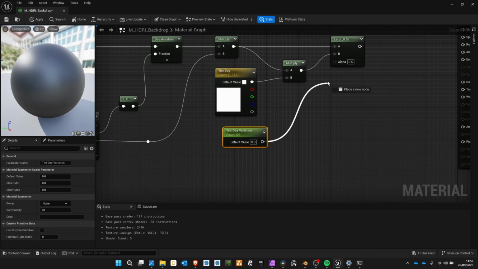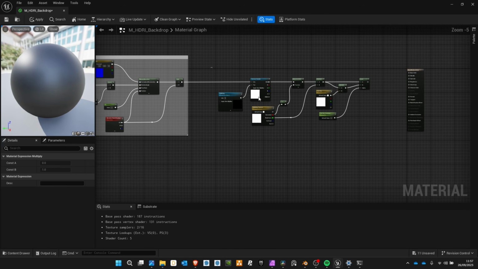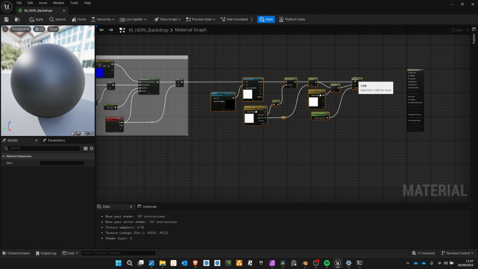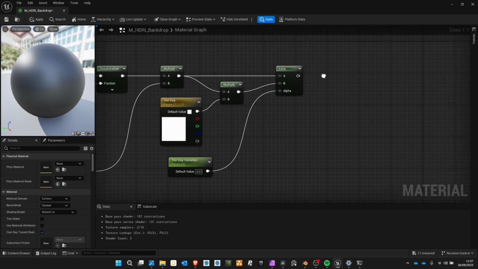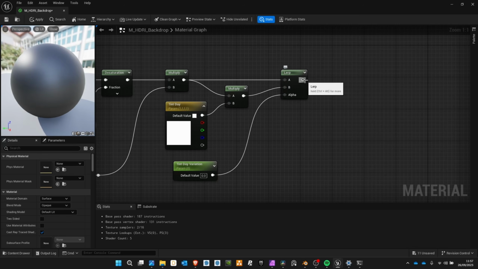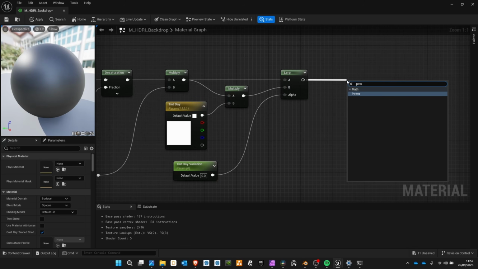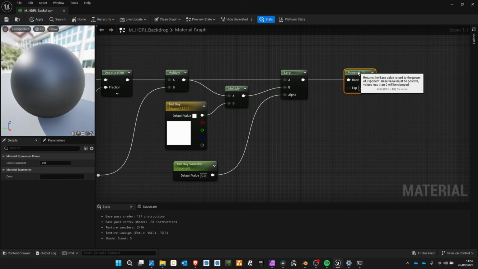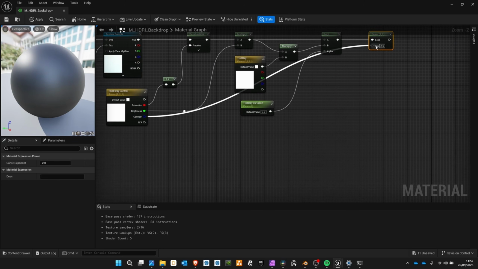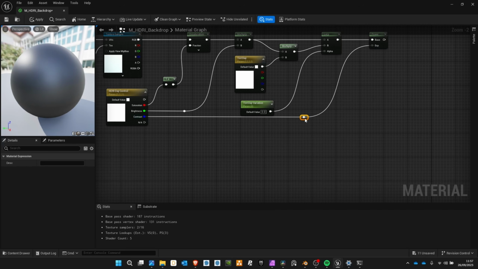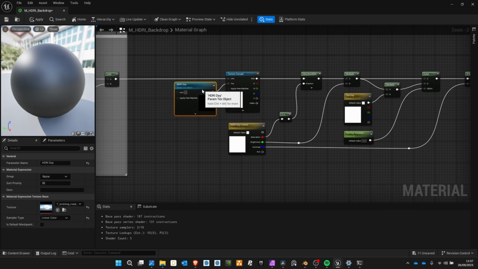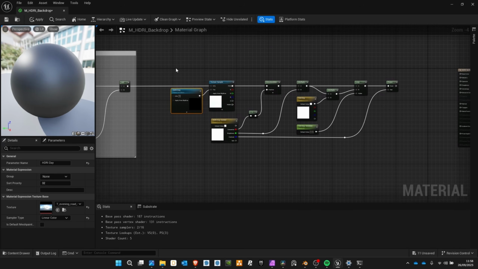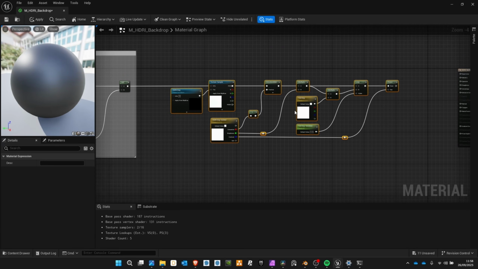Going to leave this as a 0, and this is going to be our alpha. Okay, let's just move this a little bit to this side. Make some space. And what else do we need? We need a power for a contrast. So bring this here, power. And this is going to control our contrast. Try to keep things easy to read in case you have more than one person working on your projects. Let's select all of this and then type C,